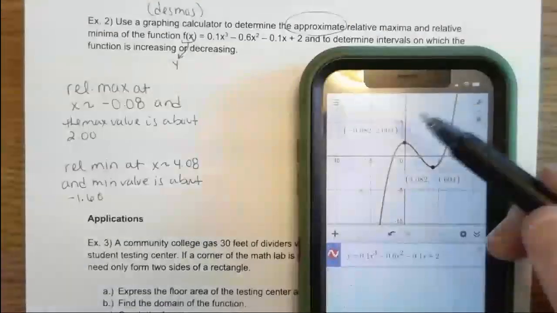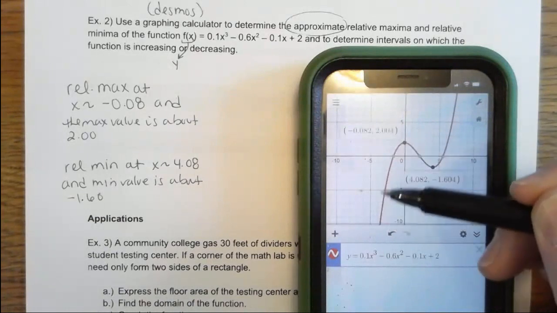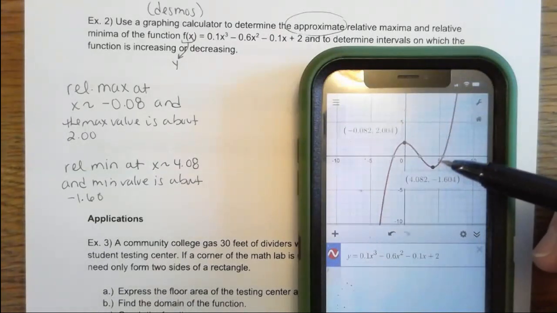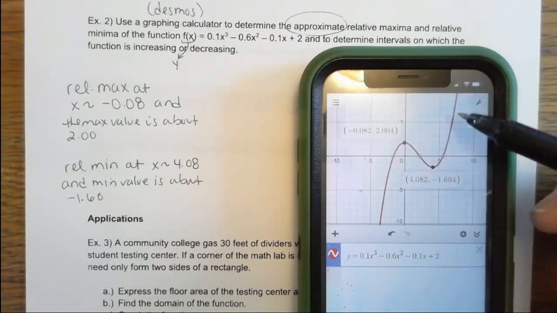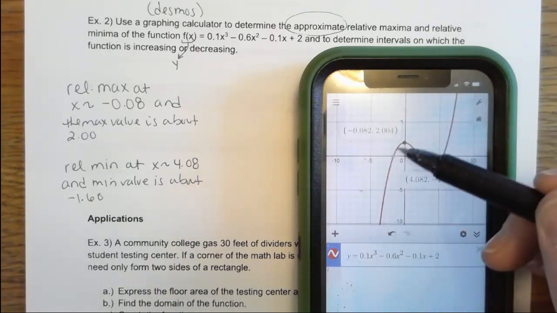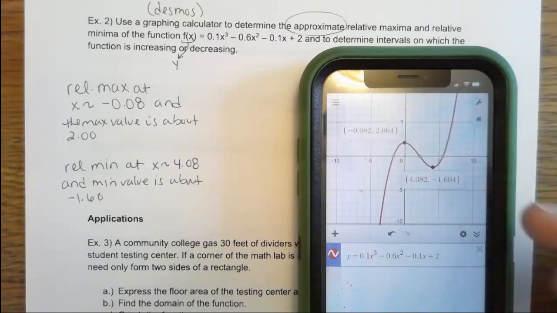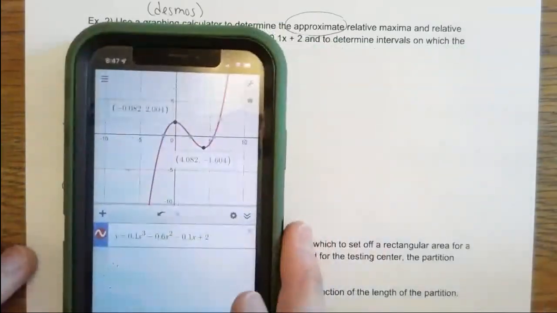Now, if I look at the graph, I do see that it is increasing here to here, right, coming in, and then it increases again from here to here. In the middle, I do see this downward piece, so I have a decreasing piece right in the middle there. Remember, we read left to right, so we're increasing here, then we switch to decreasing, and then back up to increasing. So looking at my intervals,